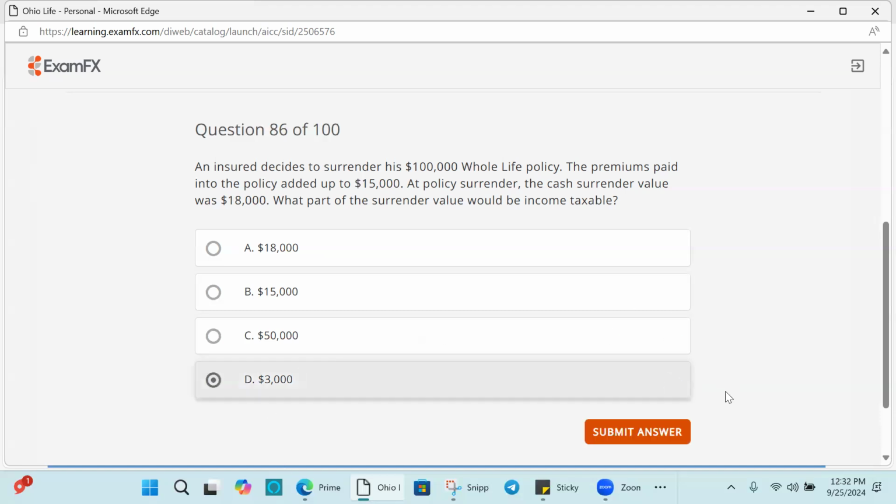The way I say it to people is, if I take out 18 and I paid in 15, the difference is interest, and that is taxable. But in this case, sounds like he's going to take this as a loan, right? No, it's at policy surrender. Policy surrender means I'm canceling the policy and taking the cash out. So he's going to surrender the entire policy, cancel the policy, give me the cash. Not taking a loan. So he surrenders, meaning, hey, take your policy back, I need my cash out.